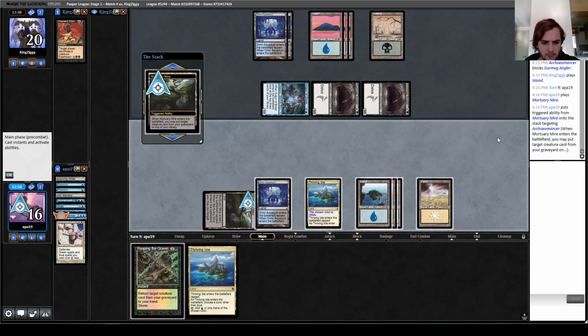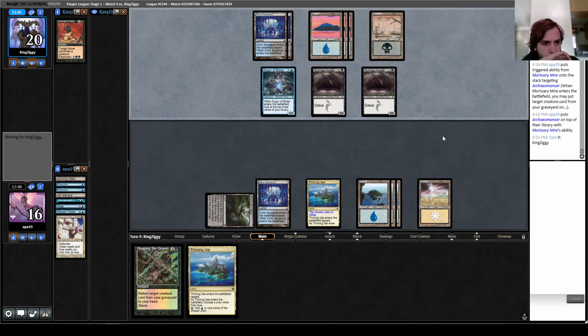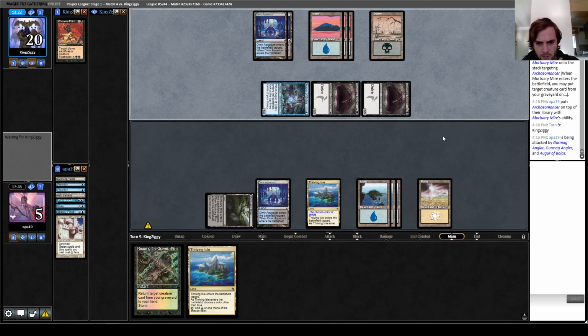But we are probably dead now. Because they hit us for 11. Maybe I shouldn't have done that, because now I don't know. Yeah, I think that play was loose. I should have played the Thriving Isle. So I tried to find something else on top of my library. Because now...